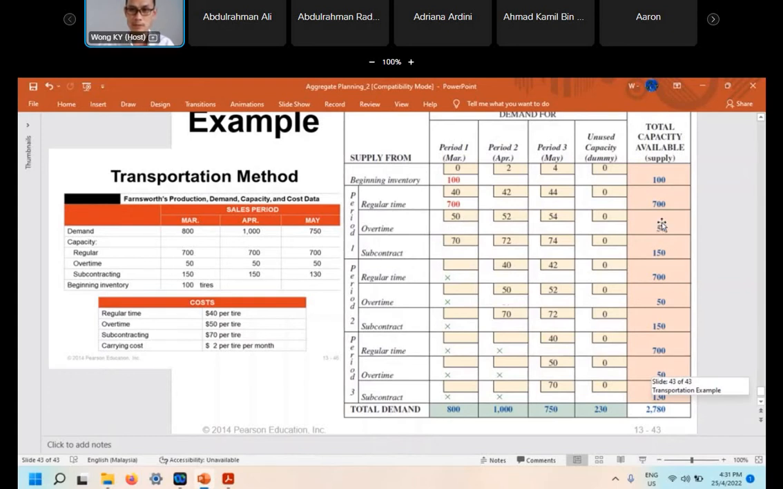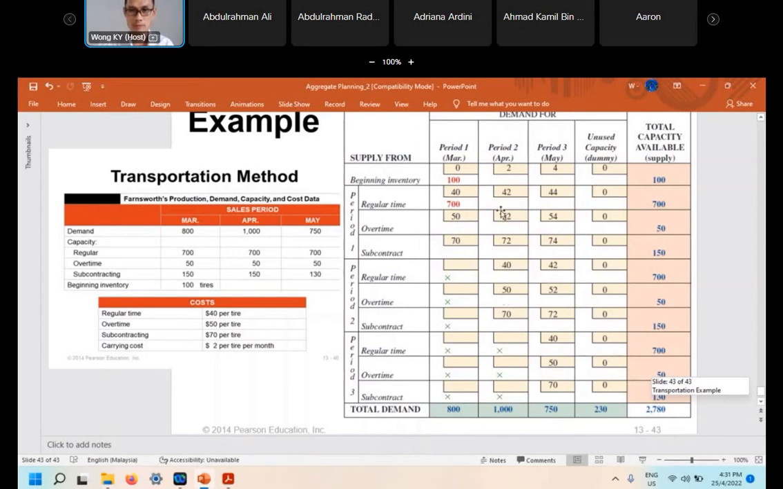Even though my capacity is 50, I have 50 capacity available, but don't assign 50 here, because if you assign 50 here, it will exceed the customer demand. Customer demand has already been fulfilled, 100 plus 700, 800 already. So it means I don't assign anything here, then I move on to the next cell, which has the minimum